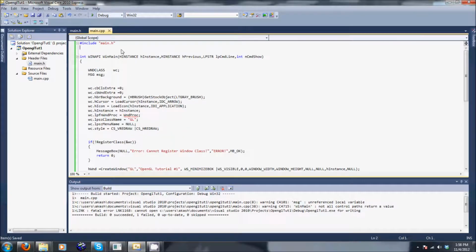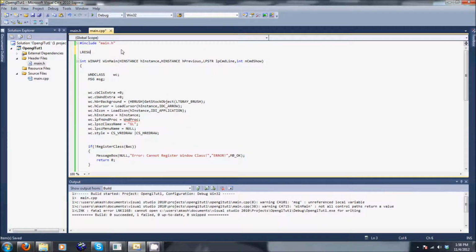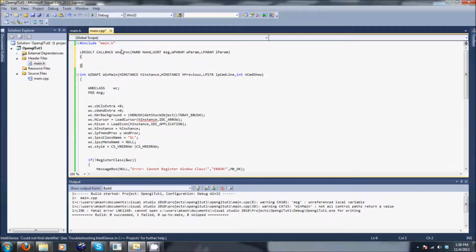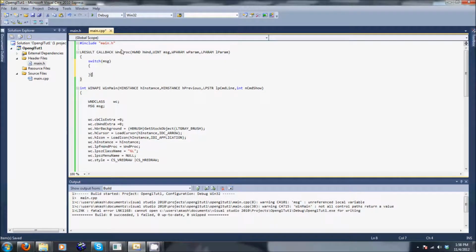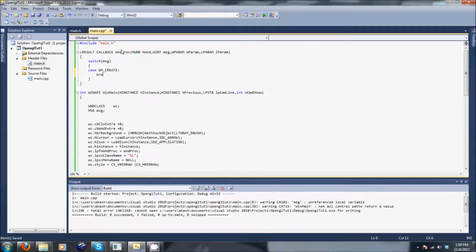So right now, I'm going to quickly write the Windows procedure, so I'll just call back and then WinProc, because that's the name, and it takes the window handle, and then what else, it takes message type, W-param, and then the L-param, and I'm just gonna make a switch statement, so switch message, or a case statement, sorry, so switch and case WM create. For now, we're gonna leave it blank and just hit break,